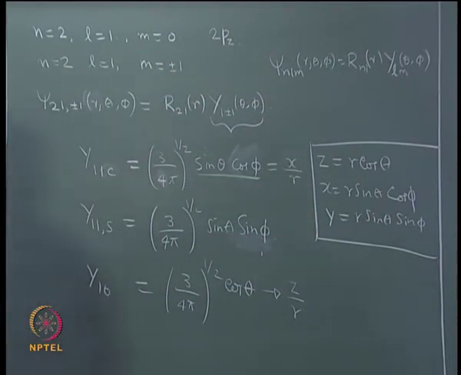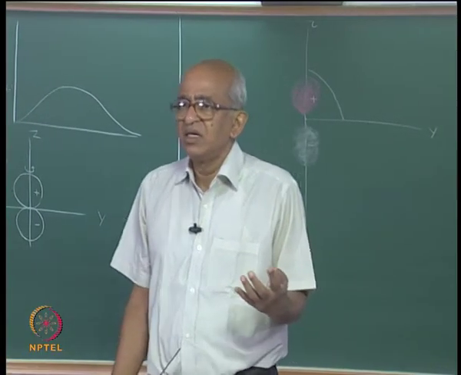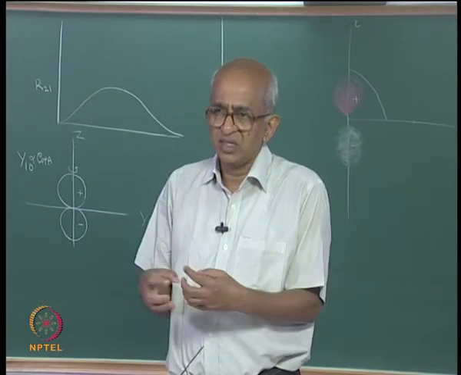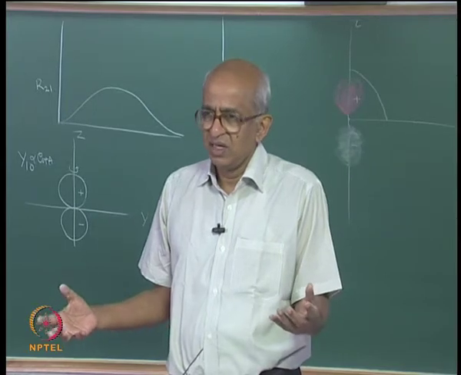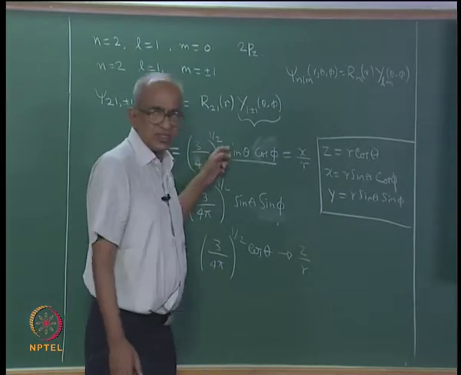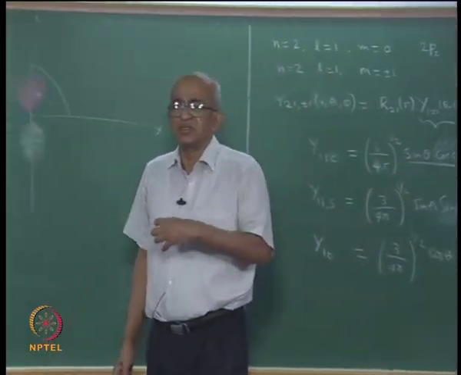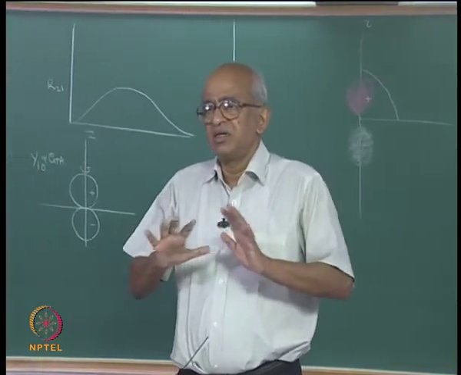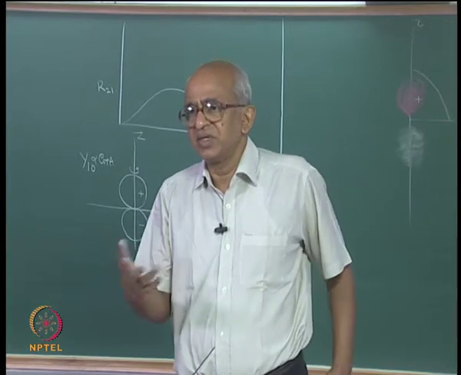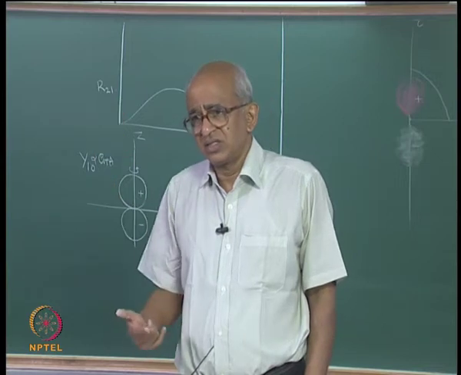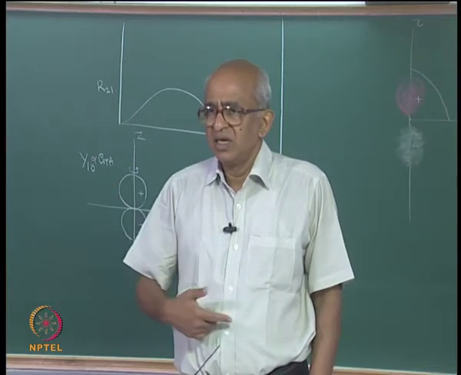So suppose you make a polar plot of x by r, what would be the result? The result actually is very simple. It has to consist of two spheres which are located along the x axis, and therefore this function represents what you normally refer to as the px atomic orbital, and this orbital and the previous orbital are different only in that their orientation in space is different. The previous one was oriented along the z axis, while this one is oriented along the x axis,